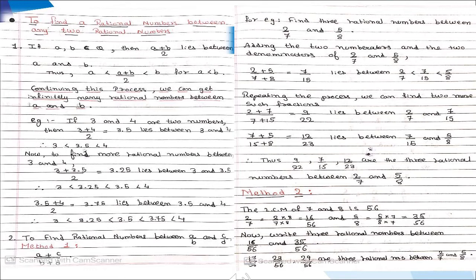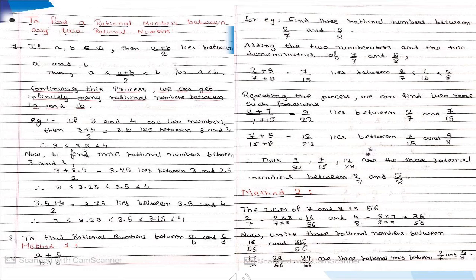If you observe here, I have explained this in two points, point 1 and point 2. So let's first understand point 1. If A and B belong to rational numbers, students, I have told you that a rational number is expressed in the form of P upon Q, and here they have only written A and B as two rational numbers. So it means A and B will be integers. As we have already learned, integers, by putting a 1 in the denominator, can also be called rational numbers, correct? So that's why it is written like that.